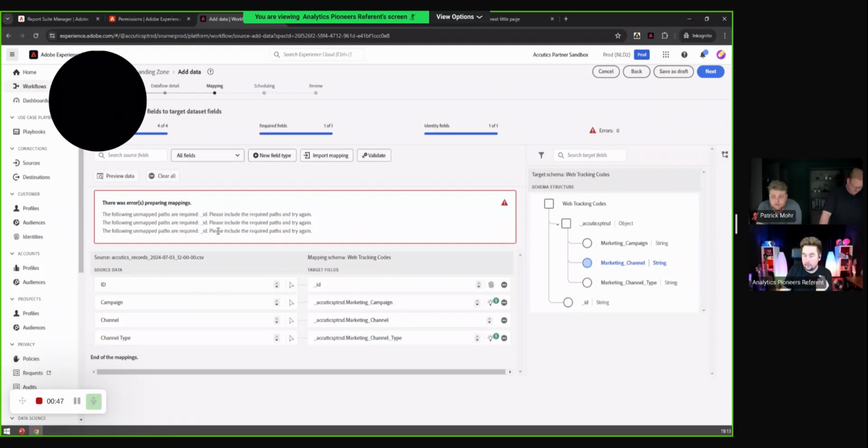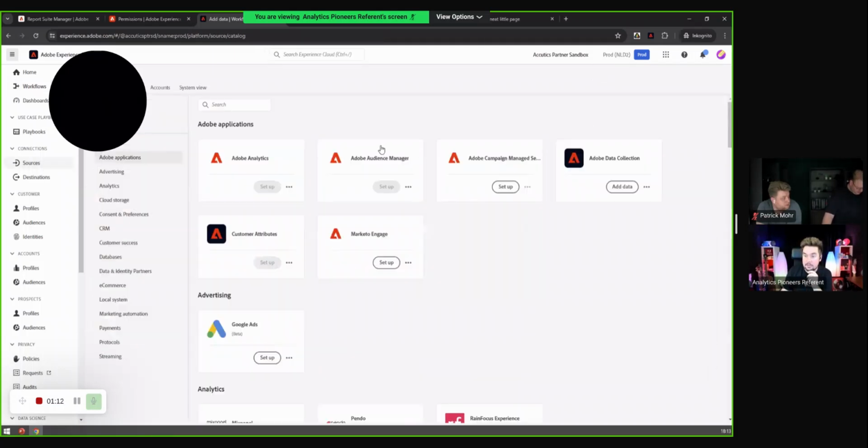For Azure Cloud Storage, there's also a desktop application. So if you want to actually bring data into your data landing zone, you can just use that desktop application. It works a little bit like FileZilla for FTP servers. You can just use a file on your desktop, just drag and drop it into the cloud storage, and then you just have it there. And then you can just use it in AEP for customer journey analytics, real-time CDP, whatever might be interesting to